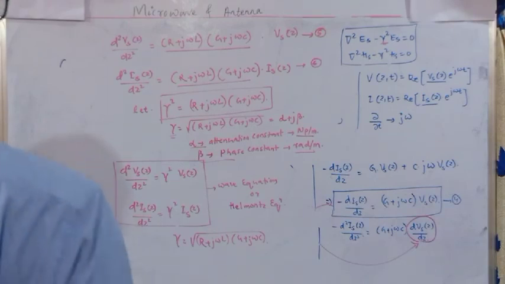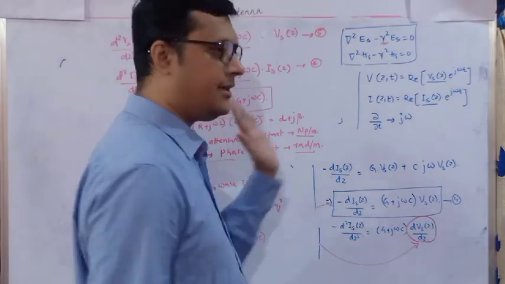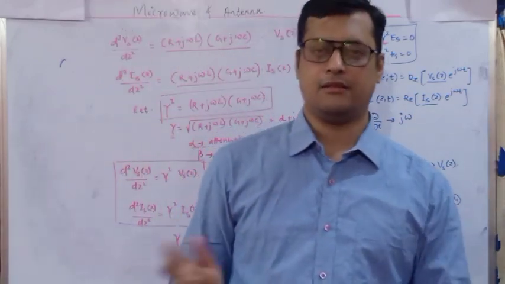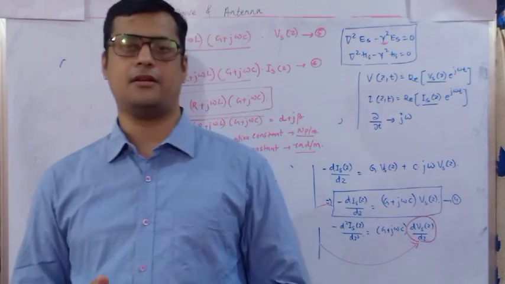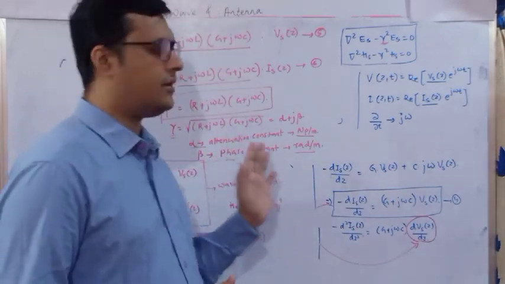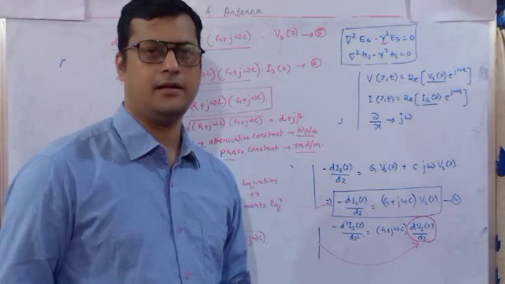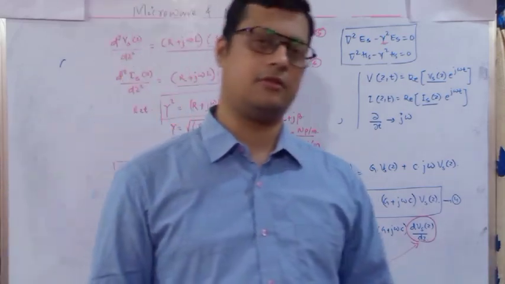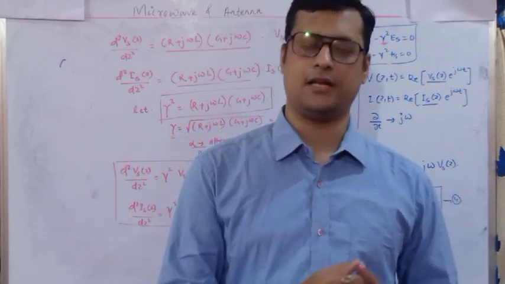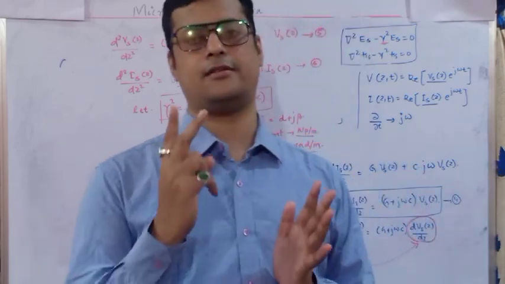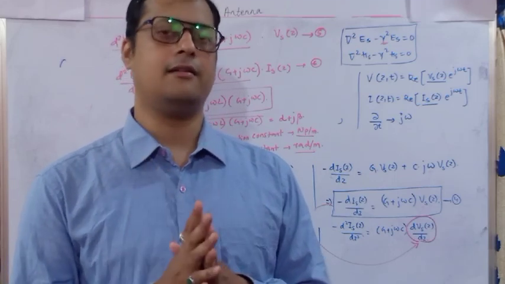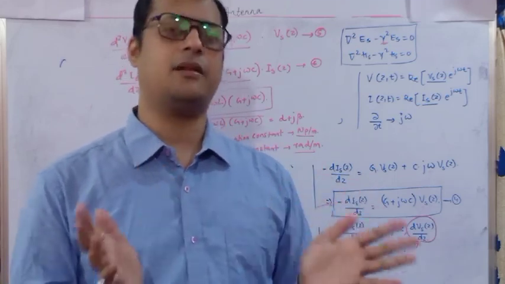So next class we are going to discuss the rest of the part of the transmission line equation: what the RLGC parameters are for different cross sections. For the time being, we'll wind up at this point. Next class we are going to discuss the RLGC parameters for different mediums, whether it is a coaxial line, a 2-wire line, a 3-wire line, or a parallel plate, depending upon the cross section.